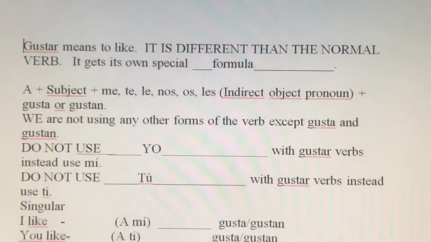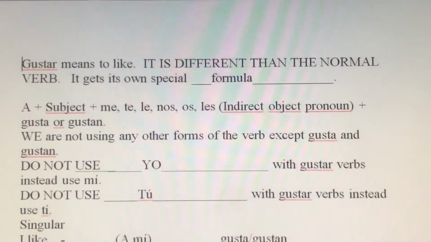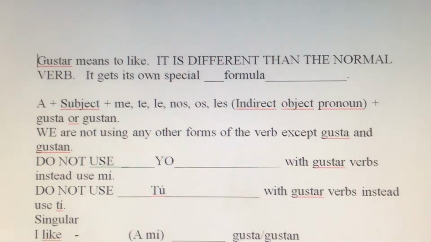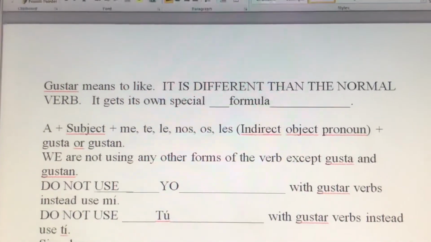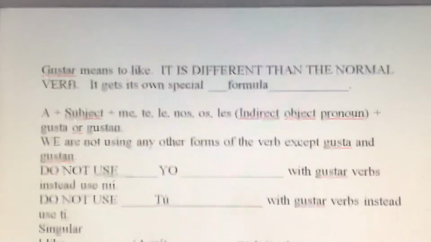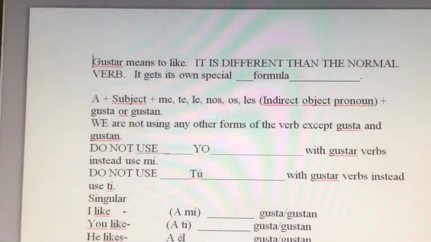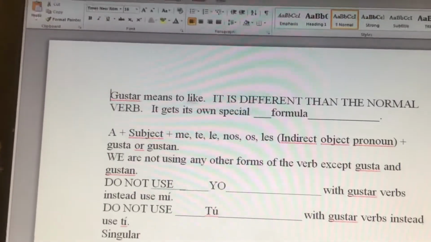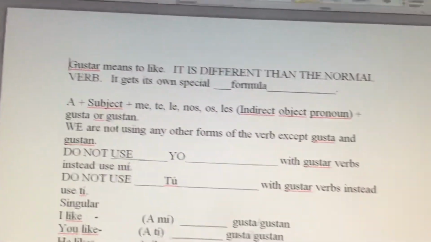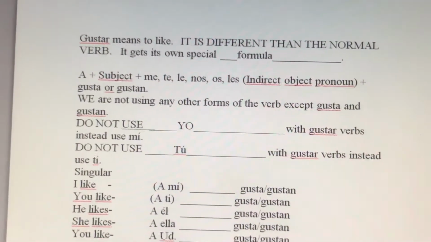Hola, guapos. Okay, so our new chapter is focusing on body parts, and we're going to be talking about how certain parts of our body hurt. And the verb for to have a body part hurt you, ache, is doler, D-O-L-E-R, and that verb is